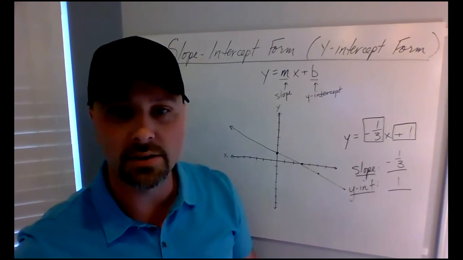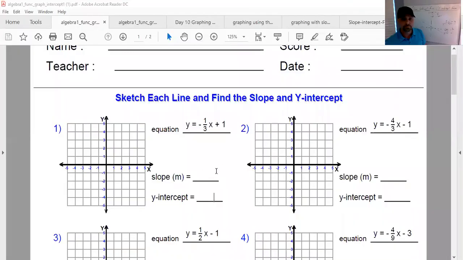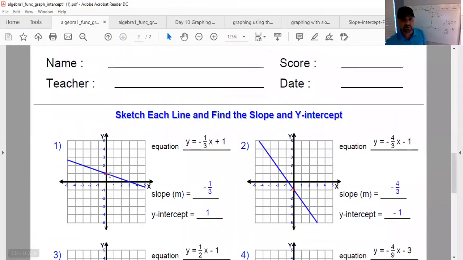Let's go back and look at the next problem. Okay, if we want to check our answers, go to the second page. Notice the line crosses at 1, it's dropping 1, going over 3 to make a negative line. All right,